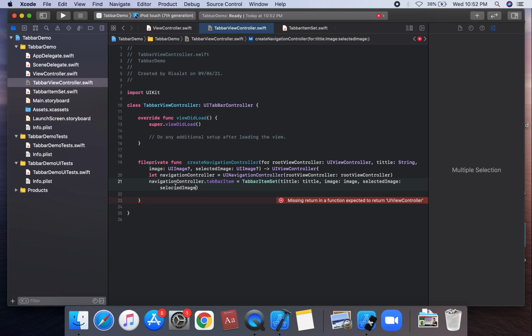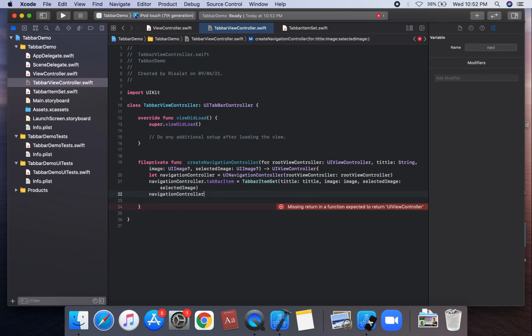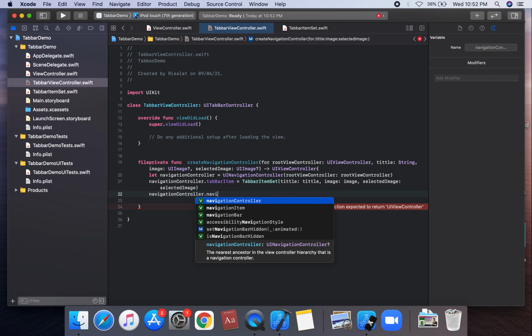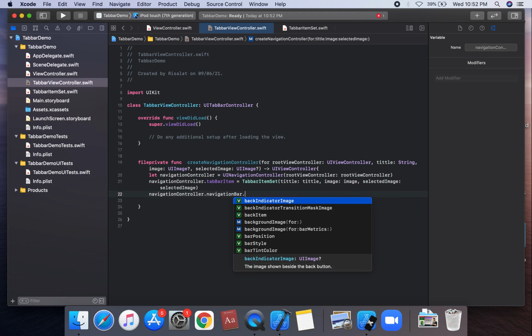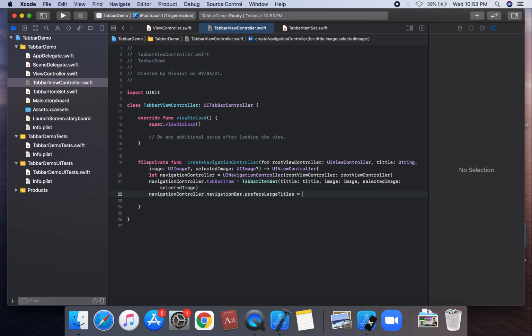So we can use navigationController.navigationBar.prefersLargeTitles equal to true.